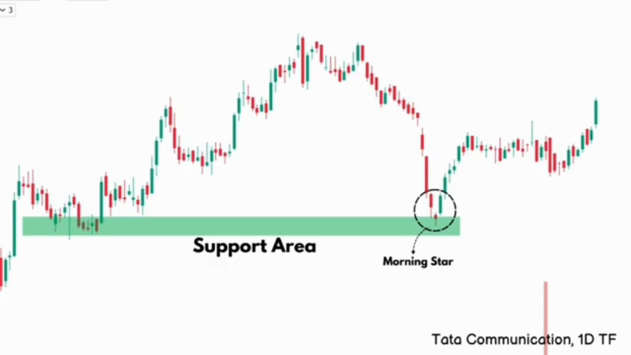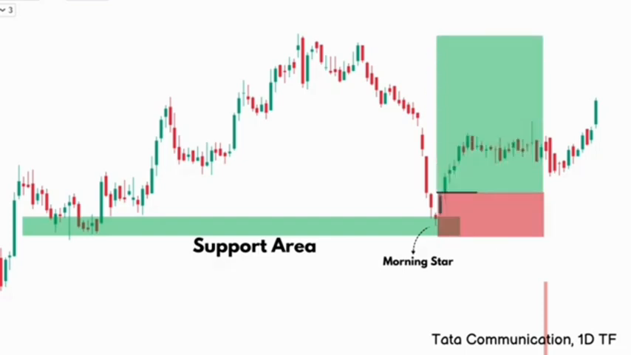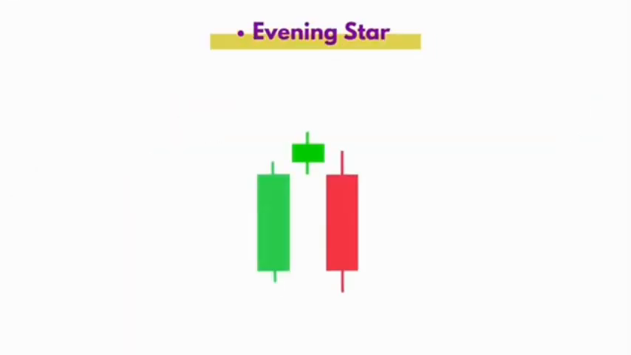Evening star candlestick pattern. Now let's move on to the evening star. The evening star is the exact opposite of the morning star and is a bearish reversal pattern made up of 3 candlesticks. The first candle is a strong bullish candle, showing that buyers are in control. The second candle is an indecision candle, indicating that buying momentum is fading and buyers and sellers are evenly matched. The third candle is a strong bearish candle, confirming that sellers have taken control and the market may be ready